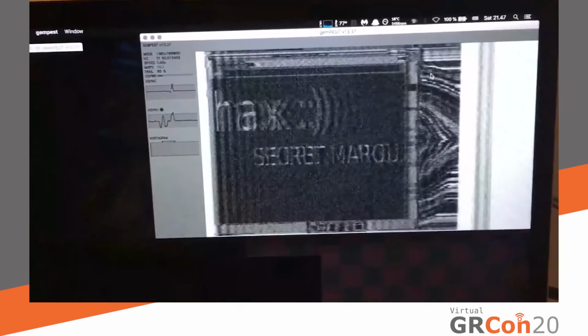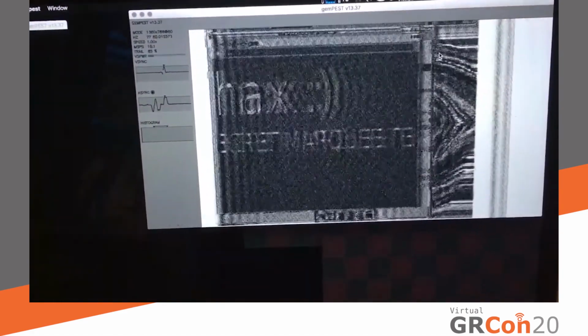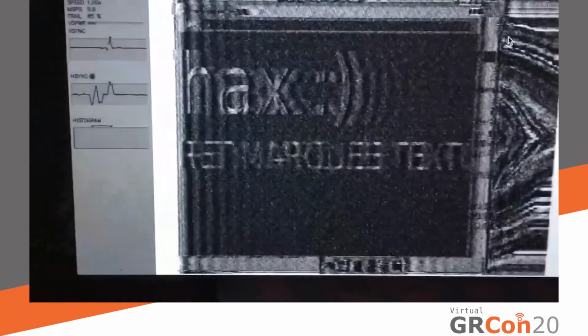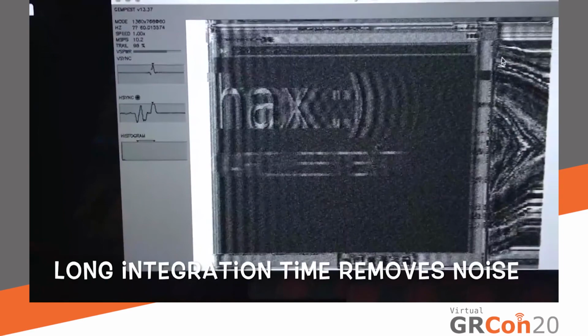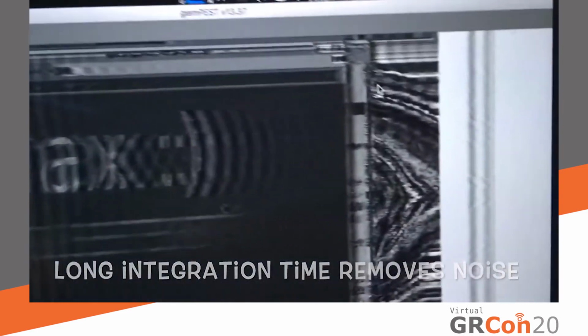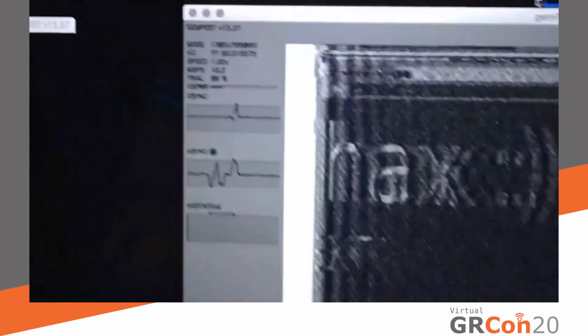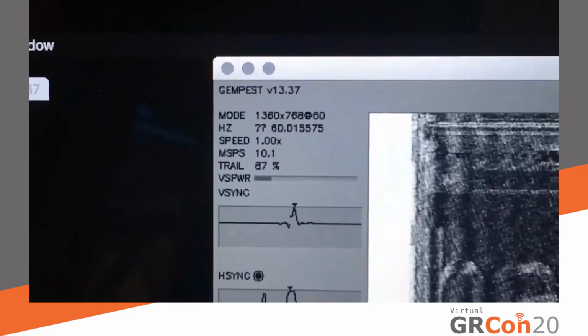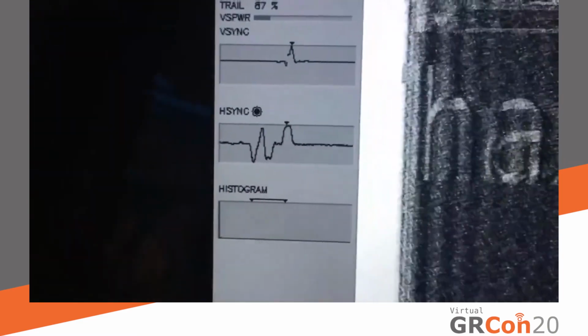The image is slightly more noisy, but especially if we average some more, we can get a pretty nice picture. So this became my remote HDMI viewer.